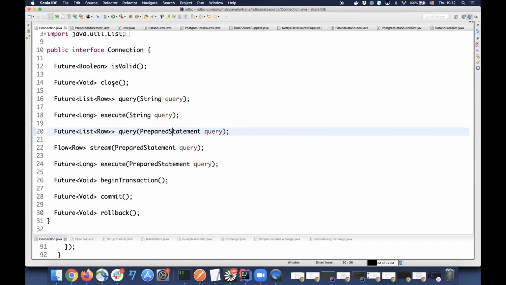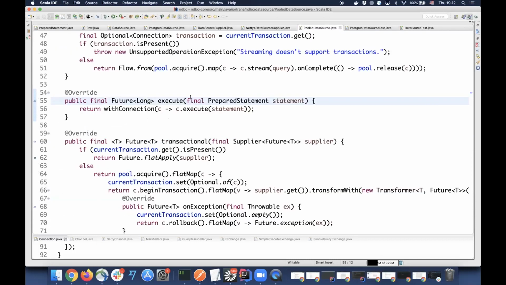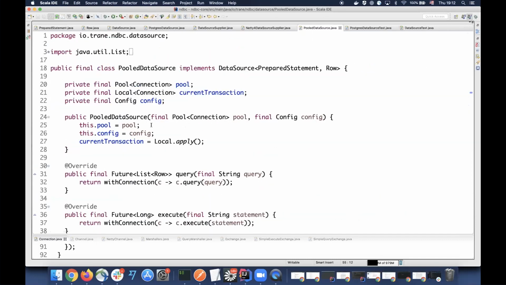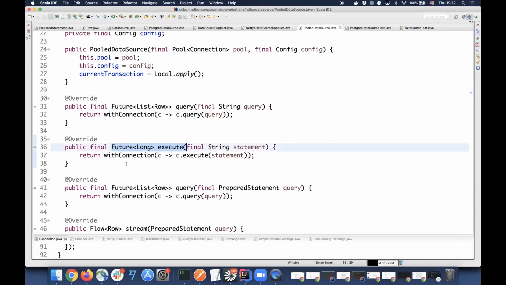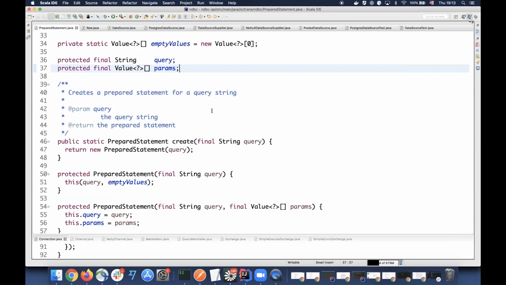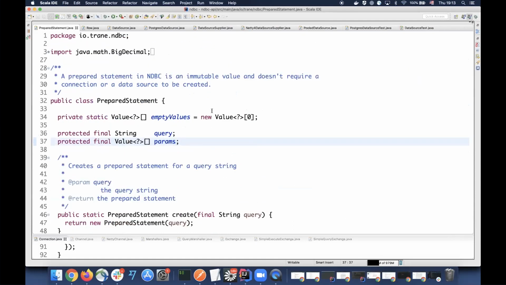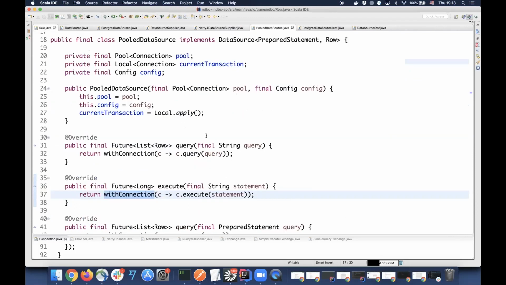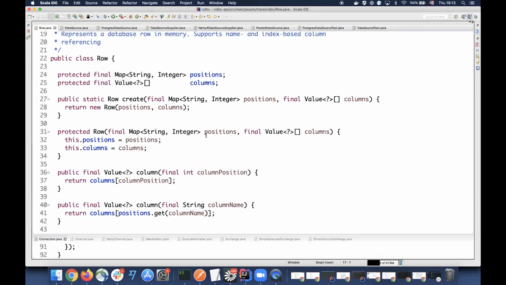So we have the import. Mostly when we're working with a database, we have prepared statements. Instead of a result set, we just have a list of rows, because at the end of the day, that's what it actually is, right? So we have the prepared statement as well, and as you can see, the prepared statement works with futures as well. We have futures, and then we have the wrapped connections that is provided by the data. Oops, I'm looking at the wrong one. This was, sorry, the prepared statement here. That doesn't matter that much. It does exactly what the other one does. It wraps the values you want to send to the database, right? And you have a row. A row wraps the result of your database.